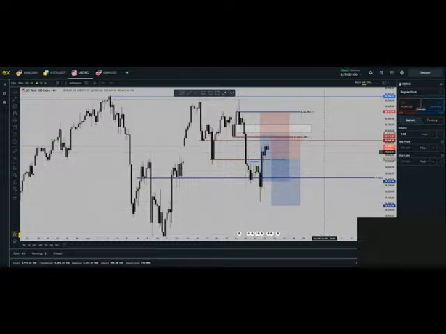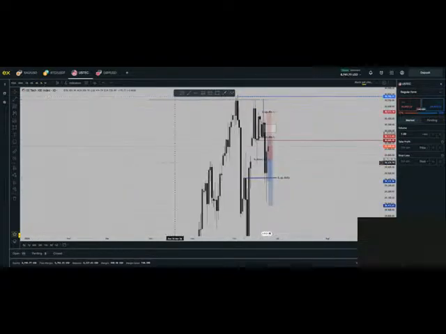I wanted to sell price around this area. The reason we broke down on the daily is that this was a support level that broke out from, as you can see. Hopefully price is not going to be able to cross over this level, or it is going to be a tough journey. But in order to go in for a sale, I never wanted to go in around this price, even though I put a sell limit around this area.